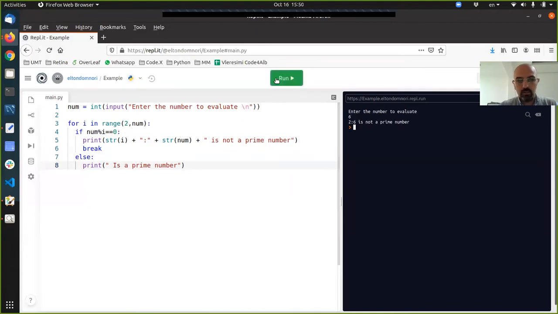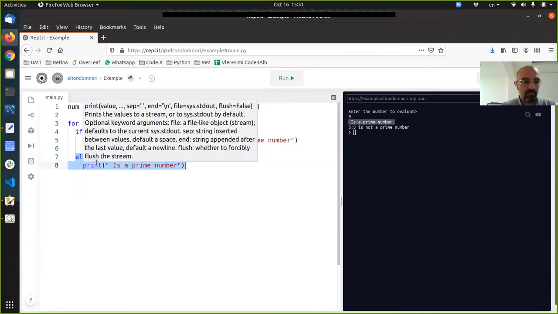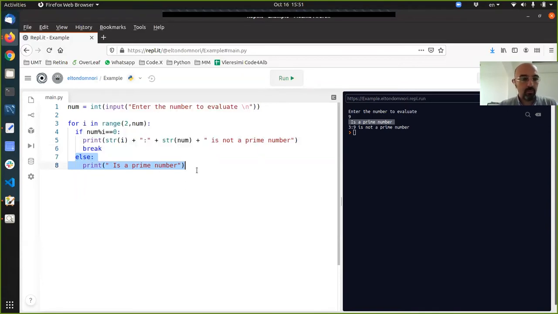Let me enter another number because at some point it says that 9 is a prime number, most probably because of the number 2. For i equals to 2, this was not true, and it executed the alternative, which is wrong,